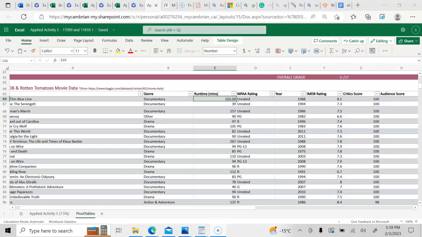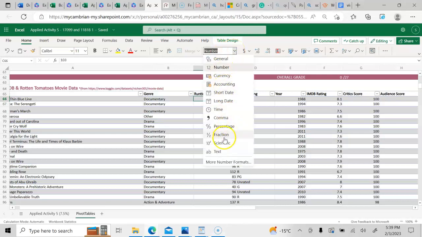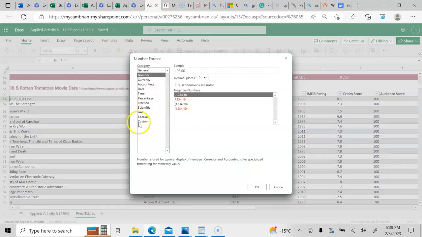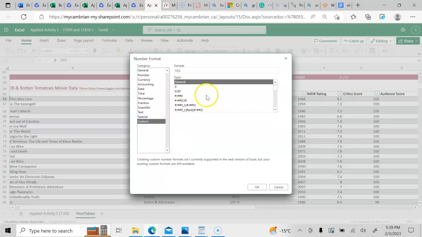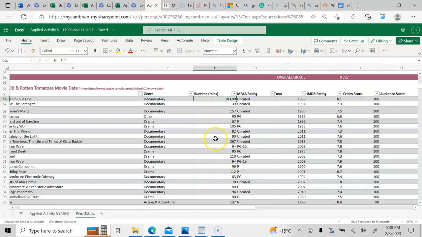Hello everyone, here I would like to describe how to create a custom number format. Firstly, you can see that on the Home tab there is a number format option. When you go for it, we see More Number Formats at the bottom, and when we click on it, we see Custom. We have different custom formats for our numbers, so we can apply it on a cell or a